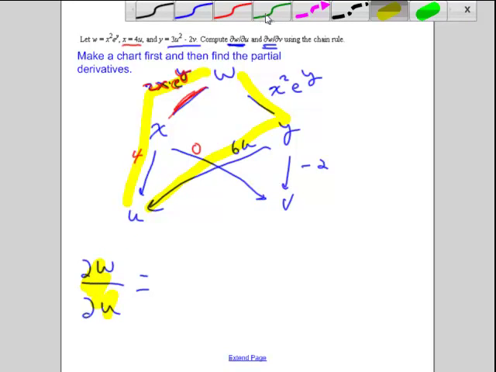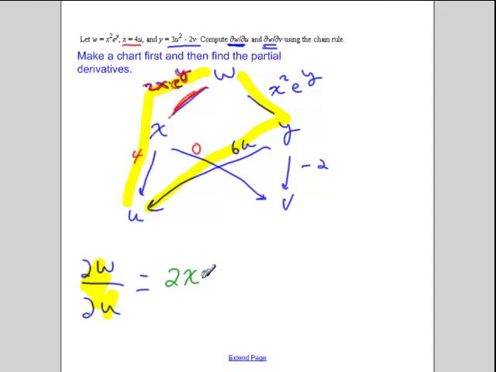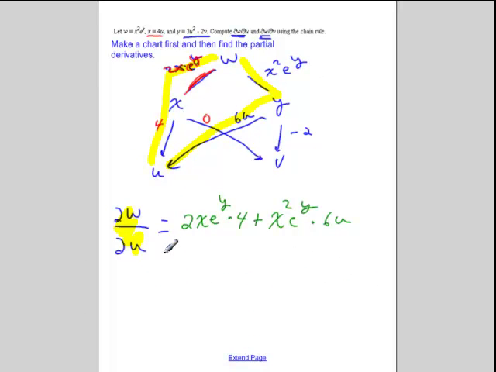that is going to equal 2x e to the y times 4, so that's going down this direction, plus x squared e to the y times 6u. Now, what's critical here is that we try to get everything in terms of u's and v's, because we want to think about w in terms of u and v. So we'd have to rewrite this as